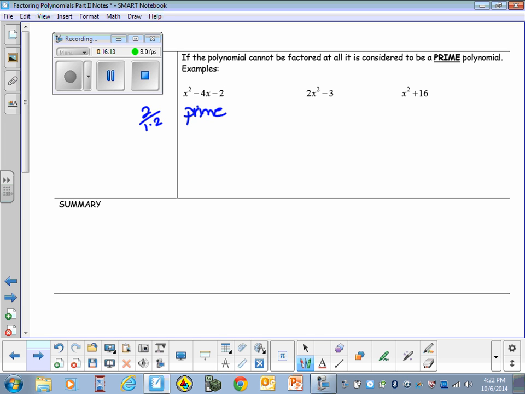Let's look at this one. It's only 2 terms, so it would have to be a perfect square minus a perfect square. 2 and 3 are not perfect squares, so prime. In this one, we have 2 perfect squares, but we have addition. We can't factor addition with 2 perfect squares,